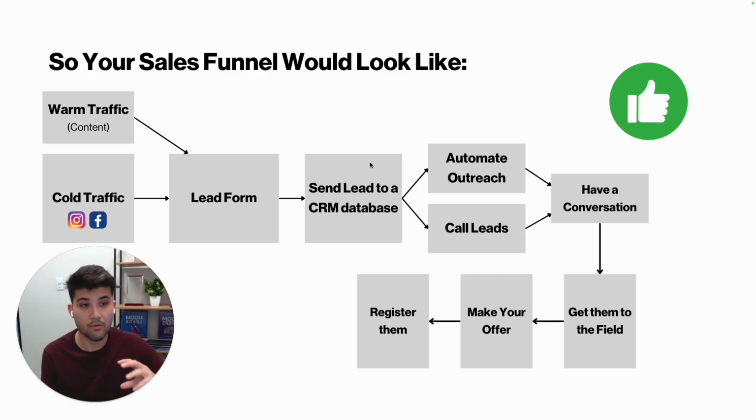And basically what it does is help you automate outreach to those parents, right? So it sends SMS, email, and WhatsApp messages automatically for you. And it also allows you to organize the leads and give them a call. Make sure that you're calling every one of them so you can start conversations with them. Like, everything comes down to conversations. You need to answer questions they might have, you need to handle objections they might have, and get them to the field.